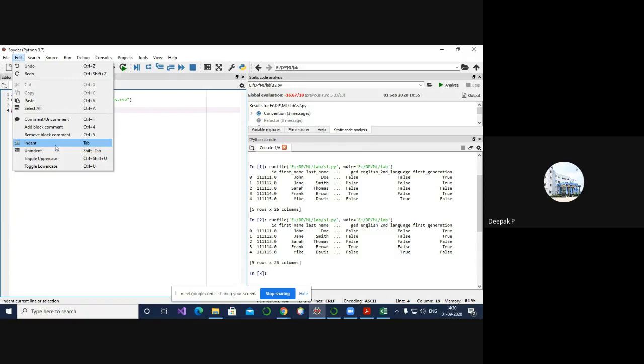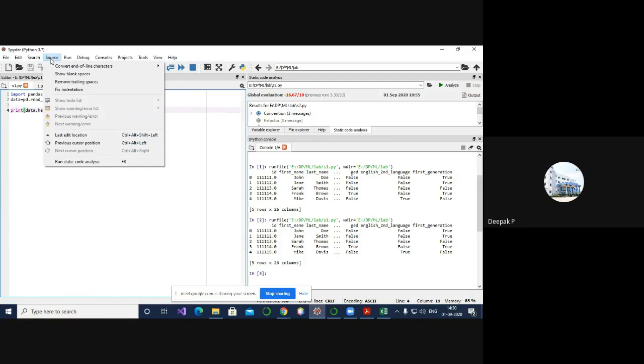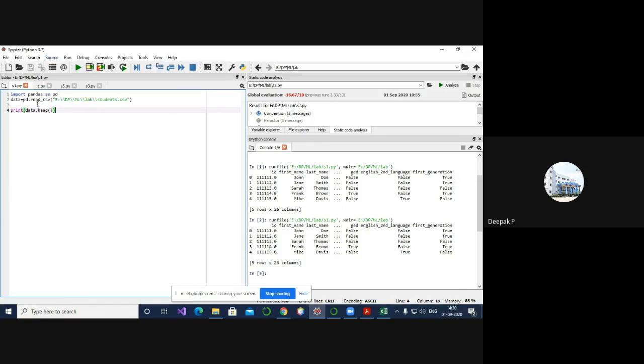If you want to convert the data to uppercase, you can use toggle uppercase. If you want to convert uppercase letters to small letters, you have to go for toggle lowercase, by selecting the data. So these are the two basic menu functions. The source search function, no need to use. Next, before we start with source,